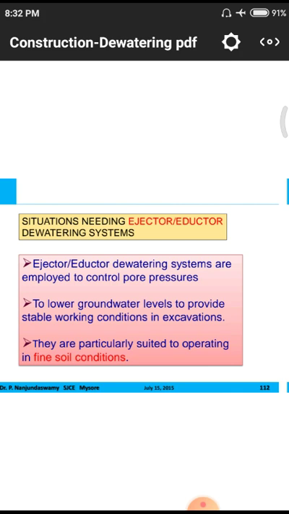huge amount of rainfall occurring in those areas, or the surrounding soils have perennial rivers, or the surrounding soils have an atmosphere with a huge amount of humidity, or the soils are located nearby ponds or lakes, or surrounded by some quantity of oceans or other seas. All those conditions also lead to enrichment of groundwater levels. In those conditions also the water is much lower from the ground surface. For those conditions also we have to use these ejector or eductor dewatering systems.